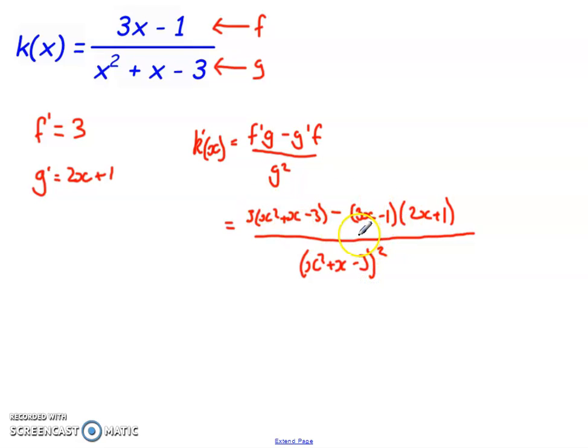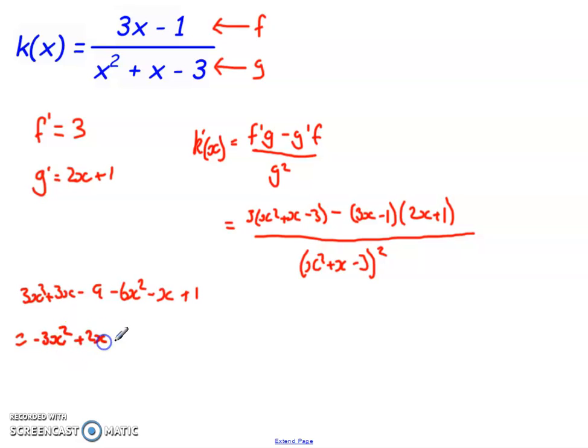So now I simplify the top and I see what I get from there. Multiplying out this bracket here, I get 3x squared plus 3x minus 9. And if I multiply out this bracket here, I then get minus 6x squared, then minus 2x plus 3x, so I get an x. But remember there's a negative here, so it's then minus x and then plus 1. Simplify and get everything together, so I've got 3x squared minus 6x squared, so I've got minus 3x squared